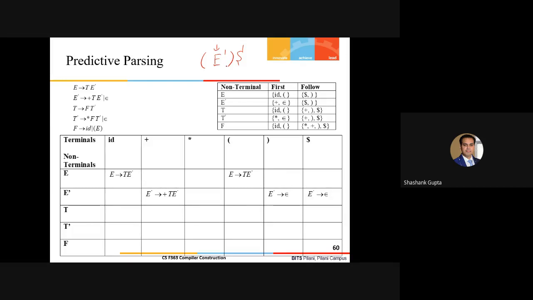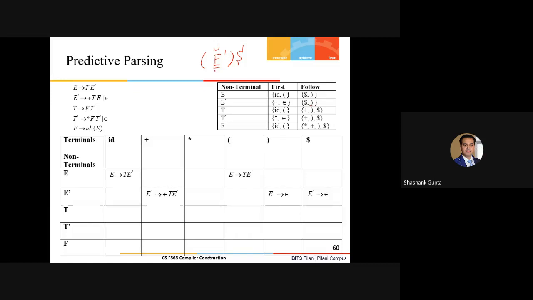So the parser needs to build sufficient intelligence to know how I will vanish this symbol. Because I have the production E prime derives epsilon here, only because follow of E dash contains the symbol which is actually following E dash here. So follow of E dash is nothing but the close parenthesis.